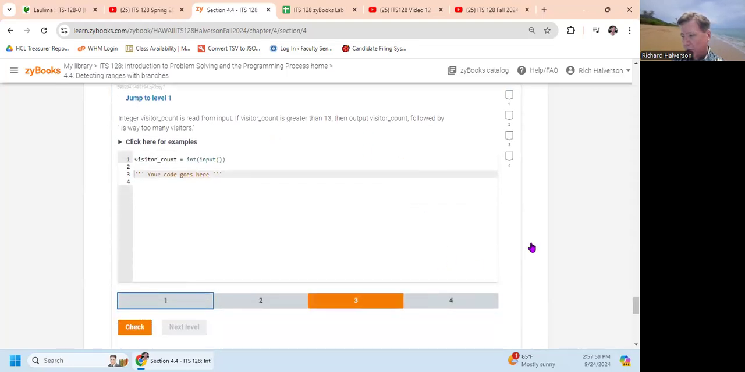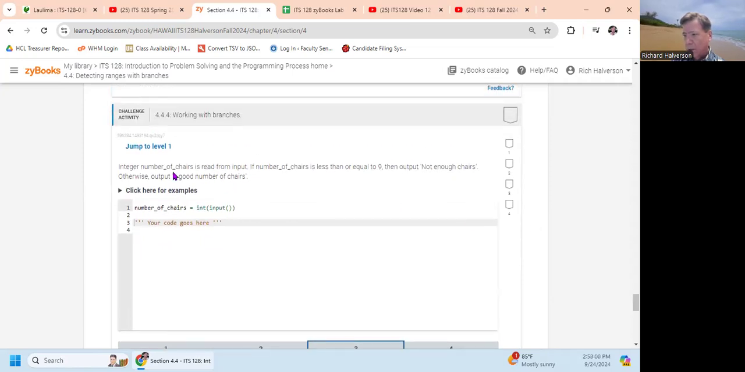Let's do number 3. Okay, the number of integer that is read from input. If it's less than or equal to 9, output not enough chairs. Otherwise, a good number of chairs. So it's going to be